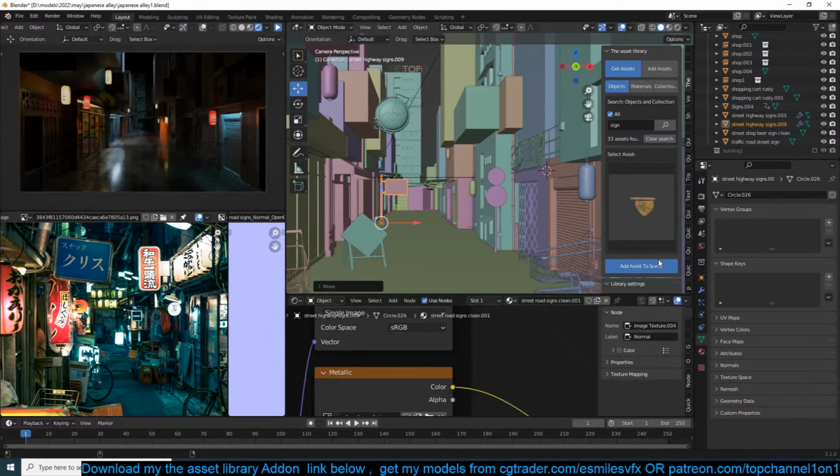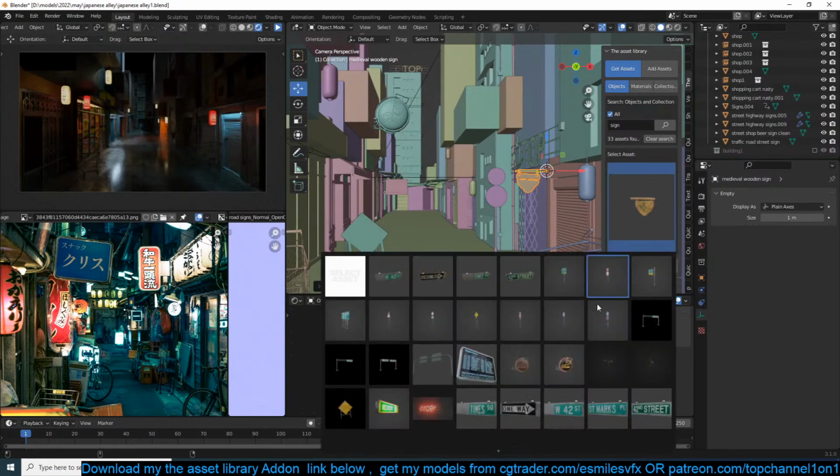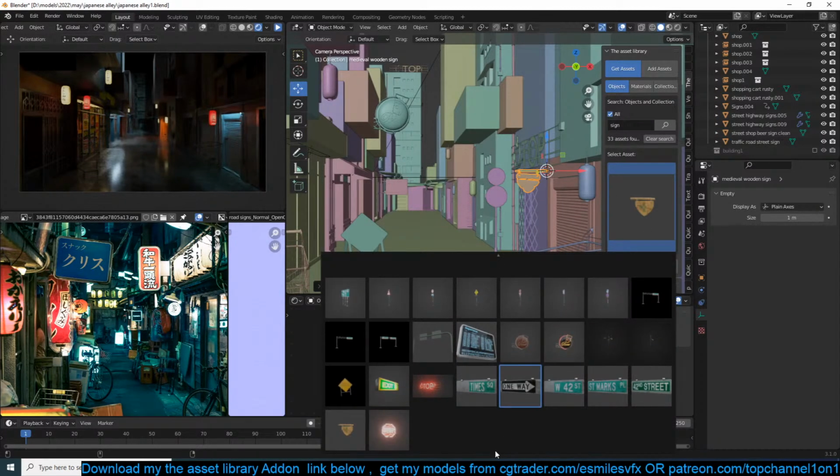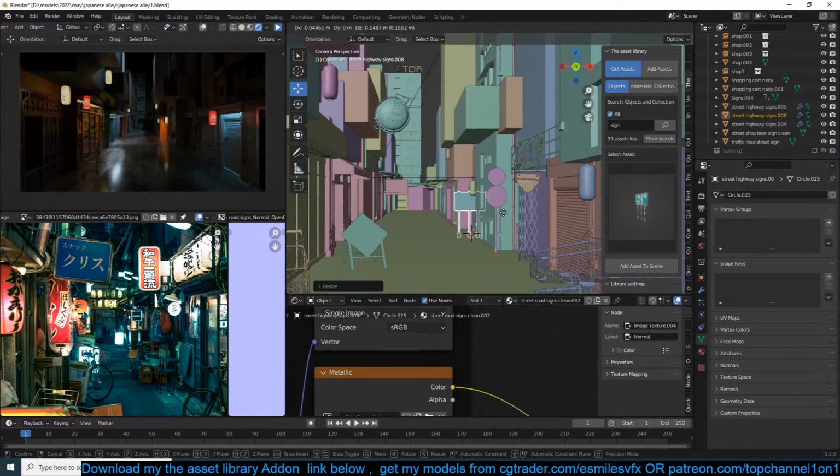Oh, let me also add this wooden one. Grab this. Just adding a lot of stuff.